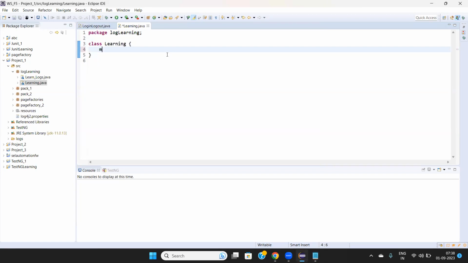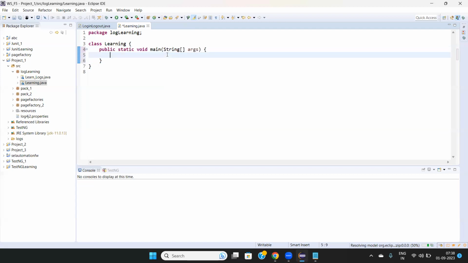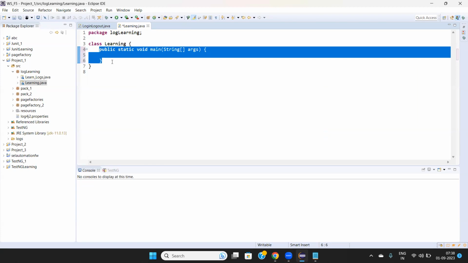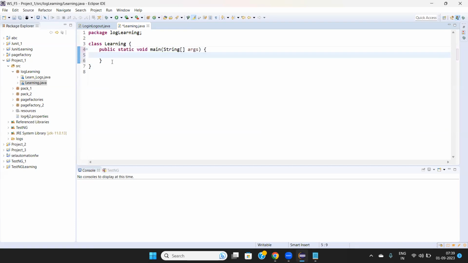Any idea? Type main, then Control space, then enter. Control space will get me that method information. Then when I click on enter, I will get the main method. So now if I want to print some statement,